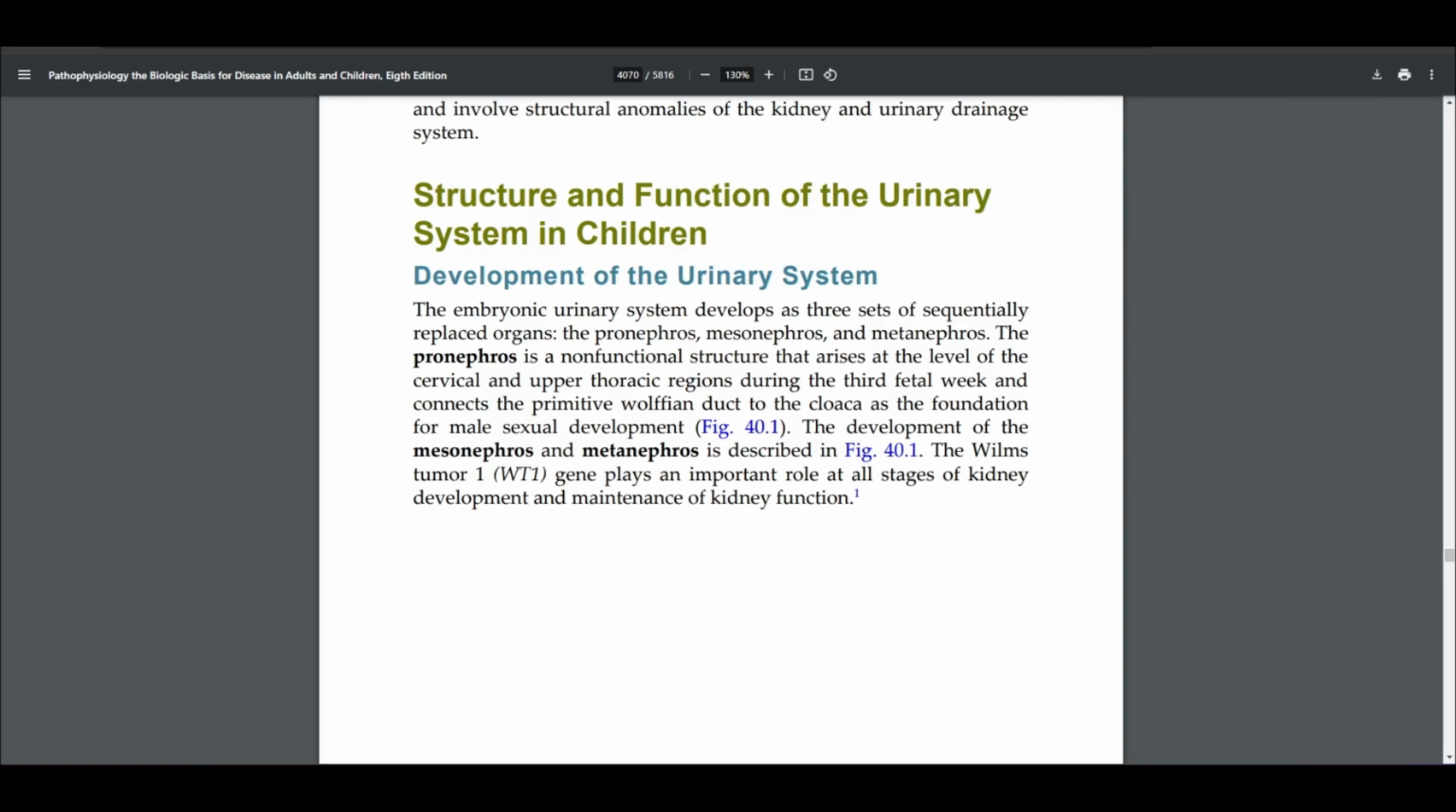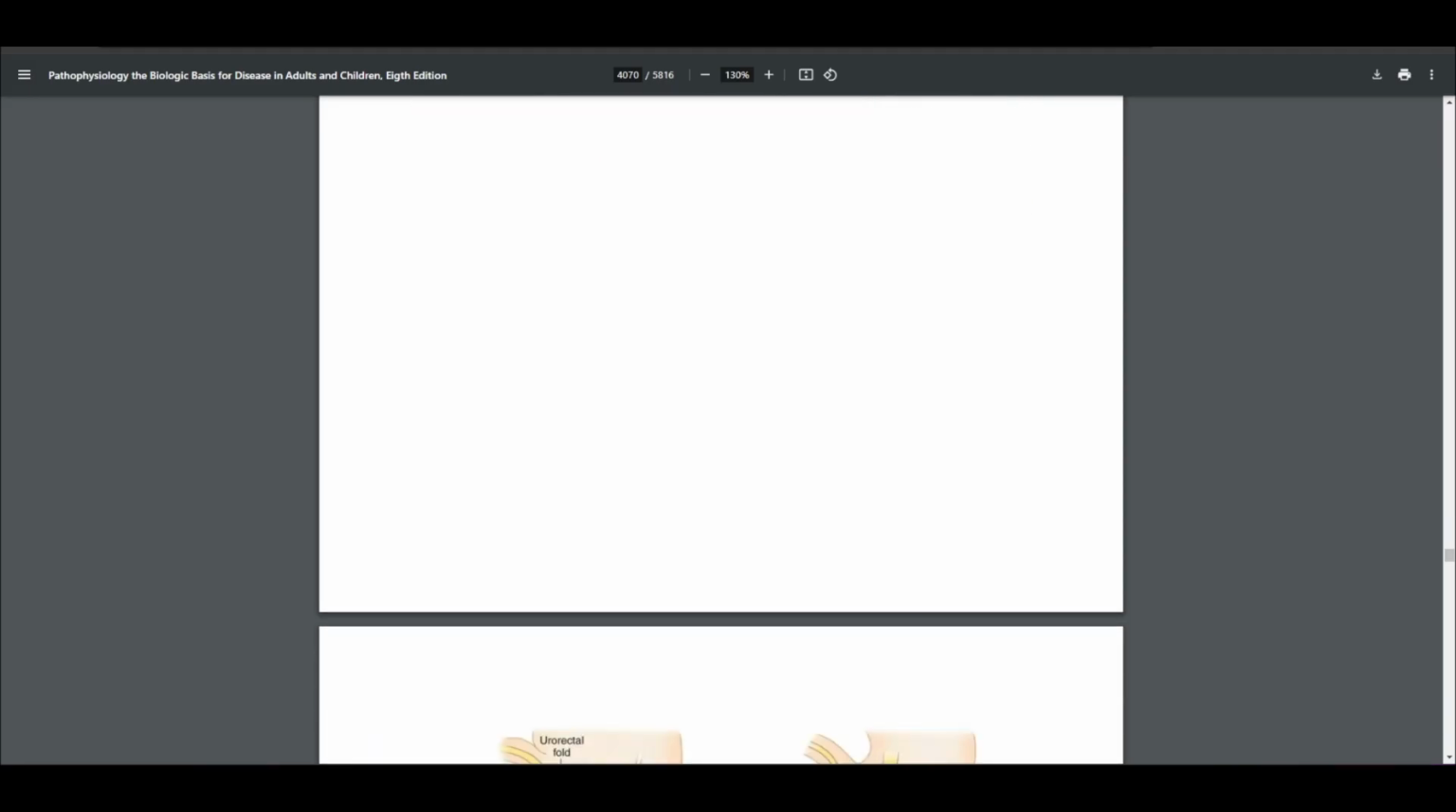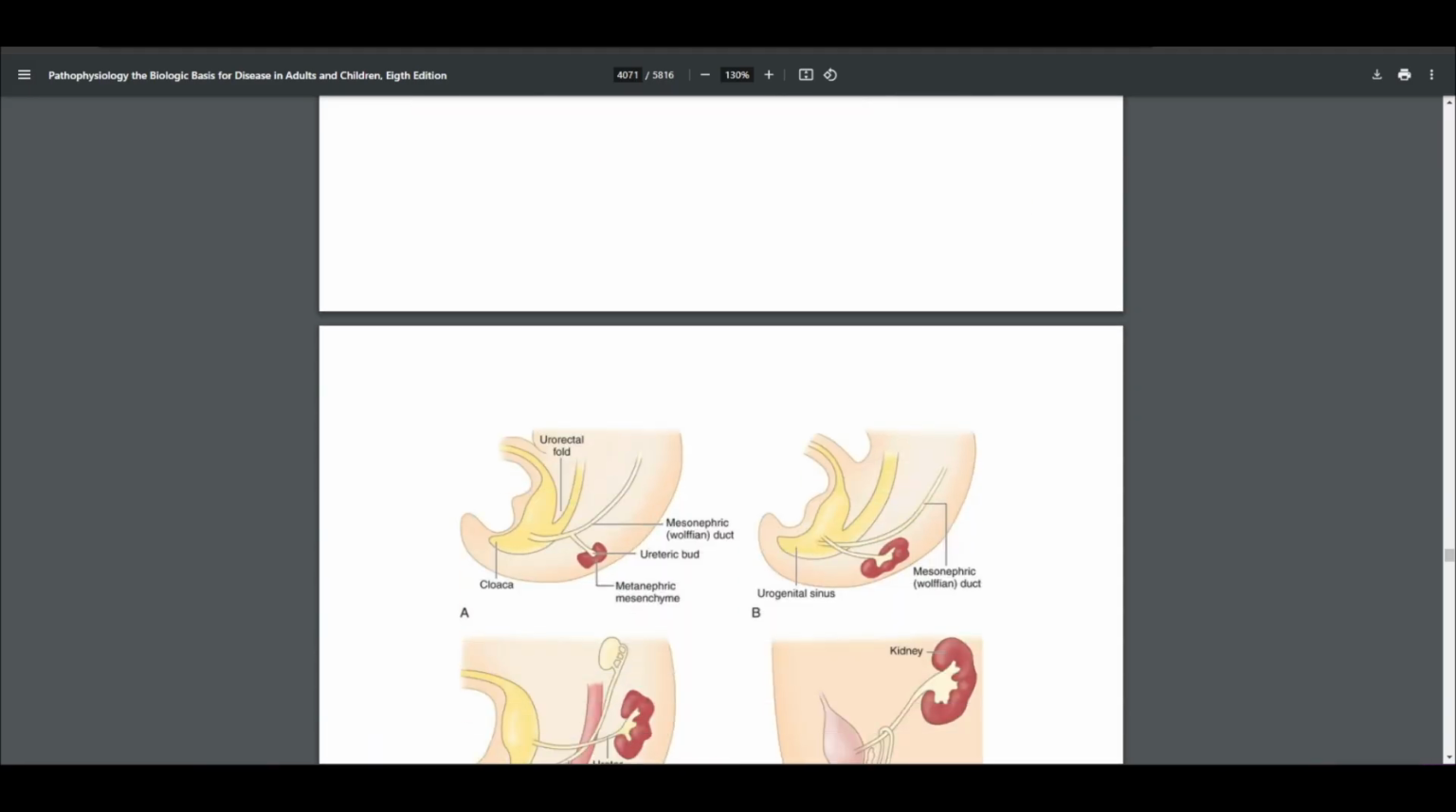The Wilms tumor 1, WT1, gene plays an important role at all stages of kidney development and maintenance of kidney function. So if this is our Figure 1,